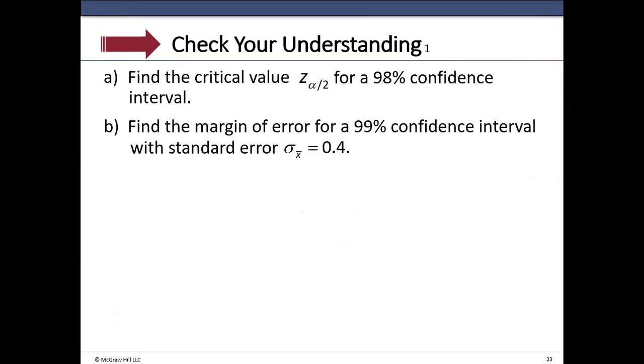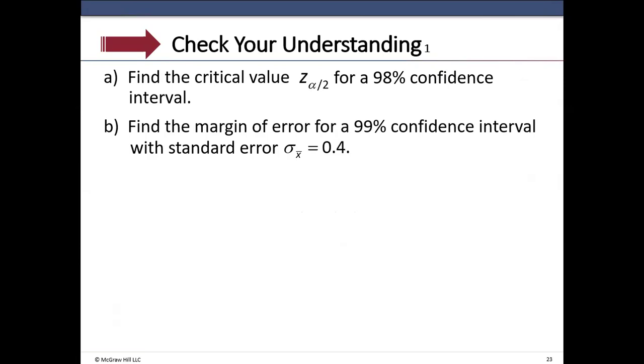And find the margin of error for a 99% confidence interval with standard error. Remember, that is the standard deviation of the sampling distribution. First, we have to find the critical value for 99% confidence interval. 0.99 area in the center. Area in two tails is 1 minus 0.99, which is 0.01. Divide that by 2 to get area in each tail, which is 0.005. So area to the left of this Z alpha by 2 is 0.99 in the center plus 0.005 on the left tail. So second VARS, 3,